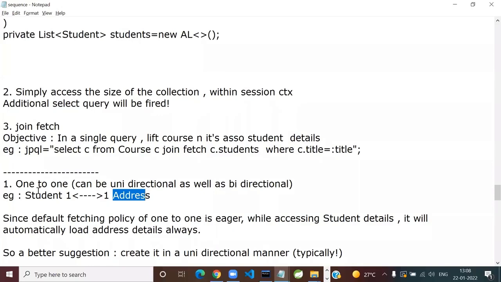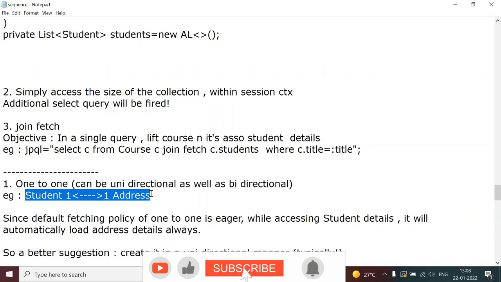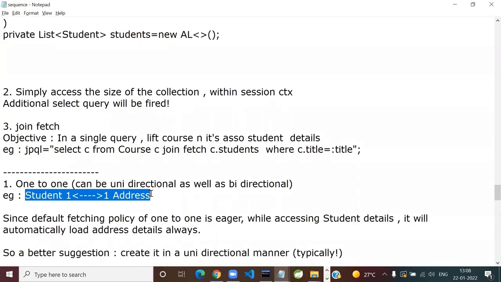Now the next question. If you recall, in a one-to-one association, what is the default fetching policy? Is it eager or is it lazy? It is eager. Remember it simply: any-to-one, be it many-to-one or one-to-one, it is eager. Any-to-many is always lazy, always meaning by default lazy. So let me ask you an important question. Anytime I lift the student detail,